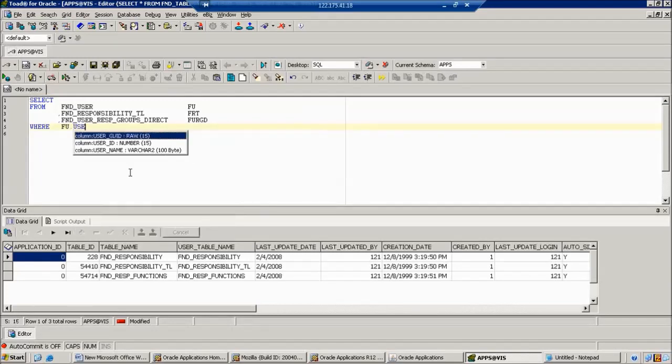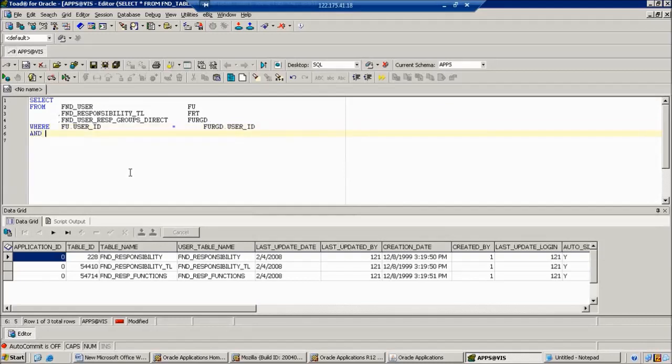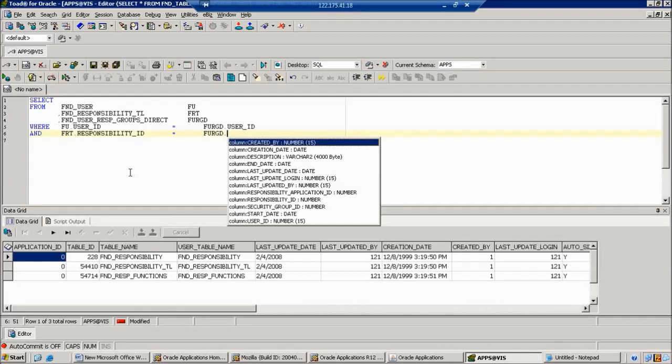So now we can give the user ID and FURGD dot user ID, right? Then once it is completed, now we want to generate one more join and we can give FRT dot responsibility ID equal to FURGD dot responsibility ID, right?